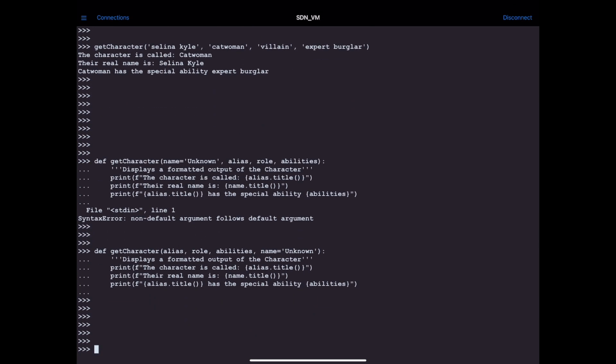And that one seems to have taken just fine. So let's go ahead and run that against the original that we have here, in which I'm running the get character function and passing in Batman as the alias, hero as the role, and master detective as the abilities, and finally Bruce Wayne is the name, but I'm not actually defining name equals Bruce Wayne. Let's see what the output of my function is, because it should tell me on the second line